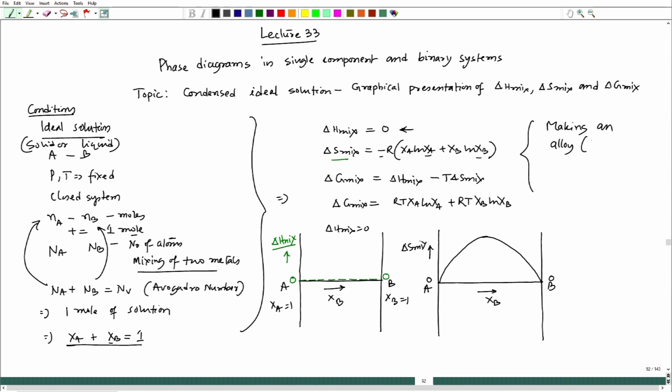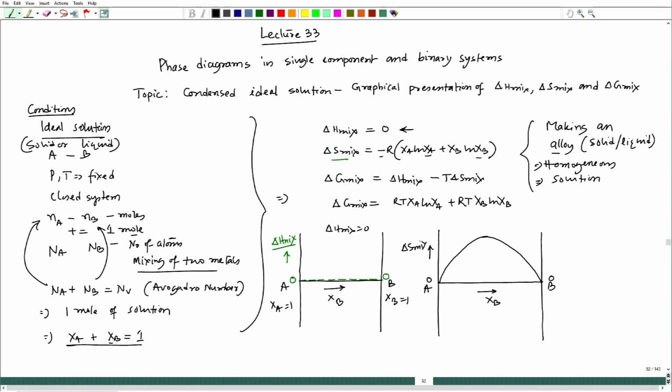Which could be liquid or solid. In fact, this alloy is homogeneous, as well as this can be considered as a solution of two metals. So, now in this case, if we try to consider a homogeneous solution, and we are also thinking of an ideal solution,